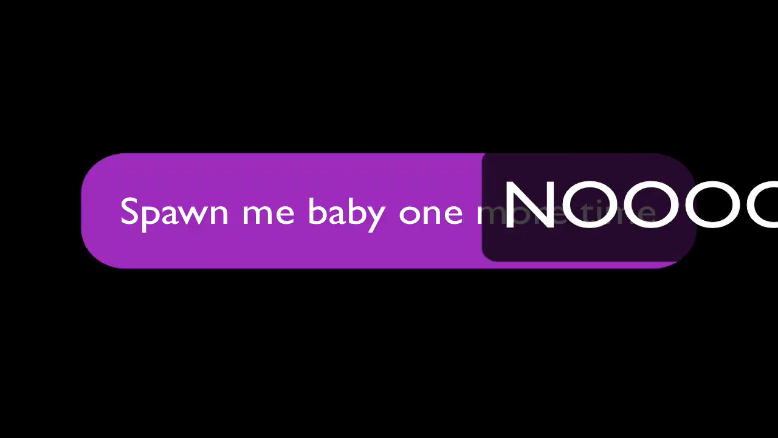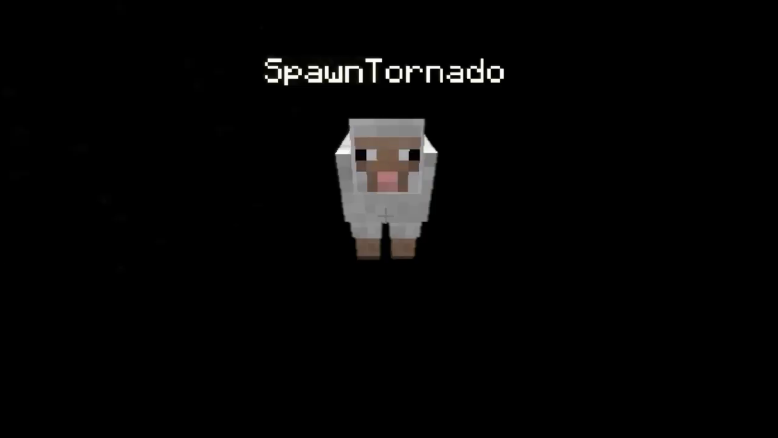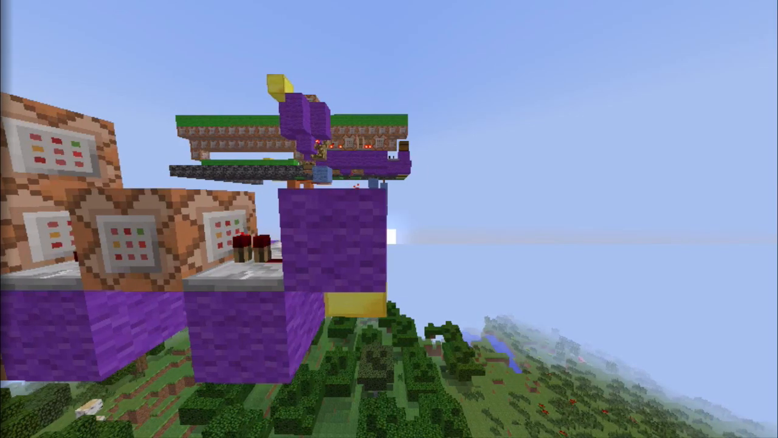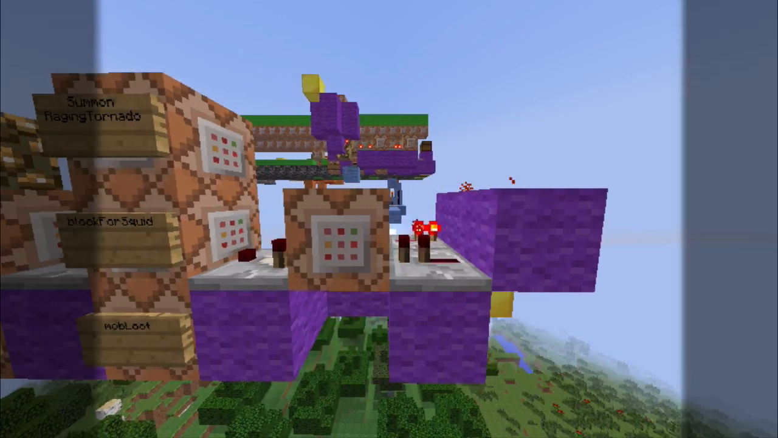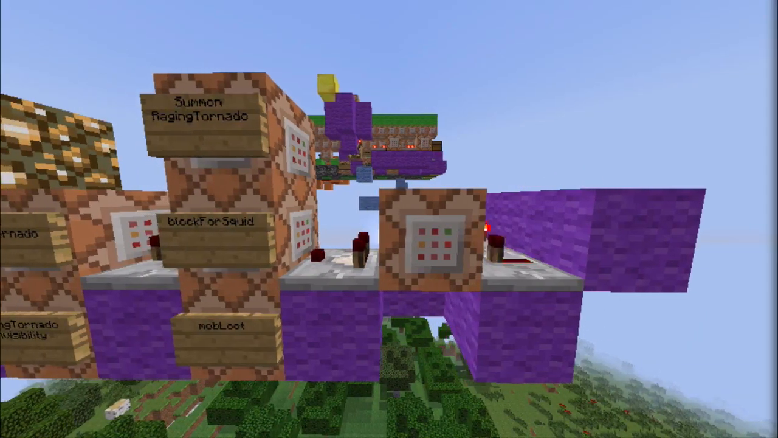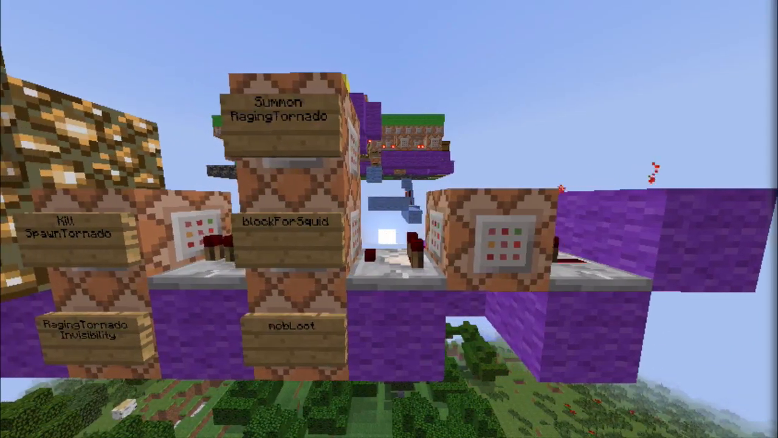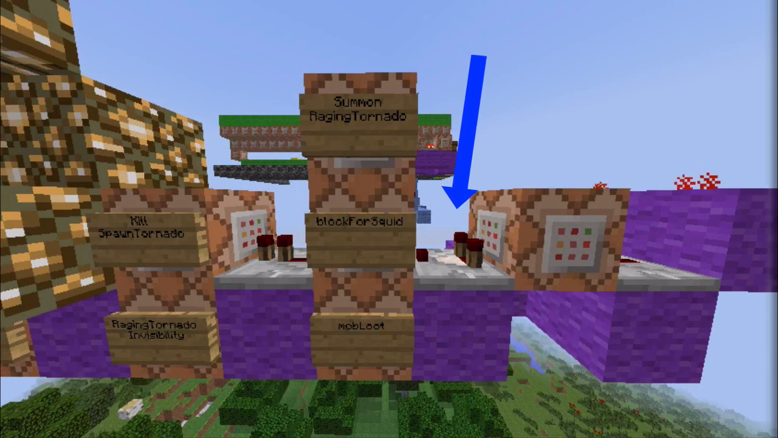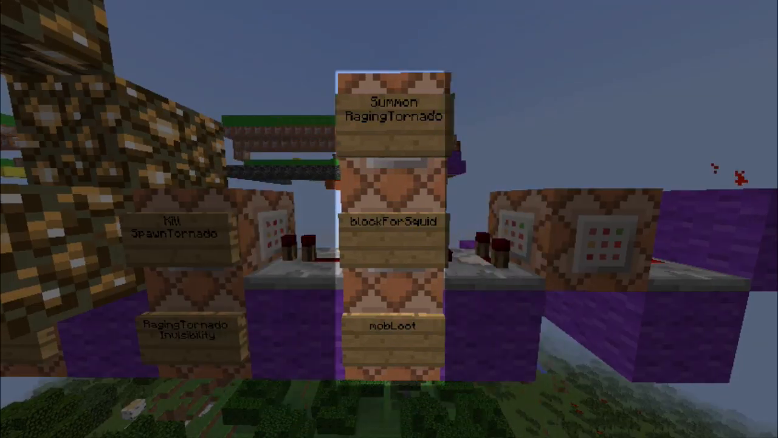Now all we need is a way to spawn it, and a way to delete it. To spawn a tornado, we are going to use a sheep called Spawn Tornado. When the sheep is spawned, this command block places invisibility on the sheep. When the command is successful, it turns this comparator on. This triggers another set of command blocks, creates a block 20 blocks above the sheep,